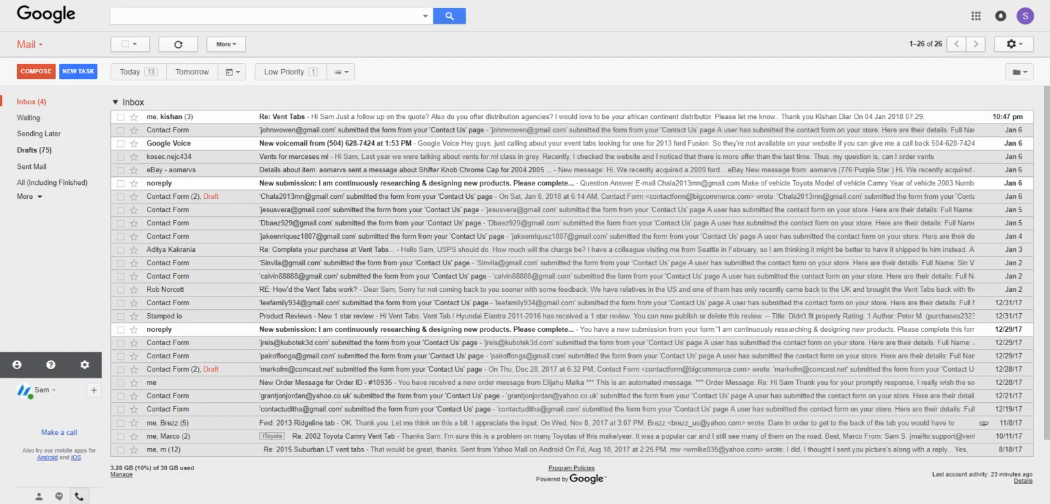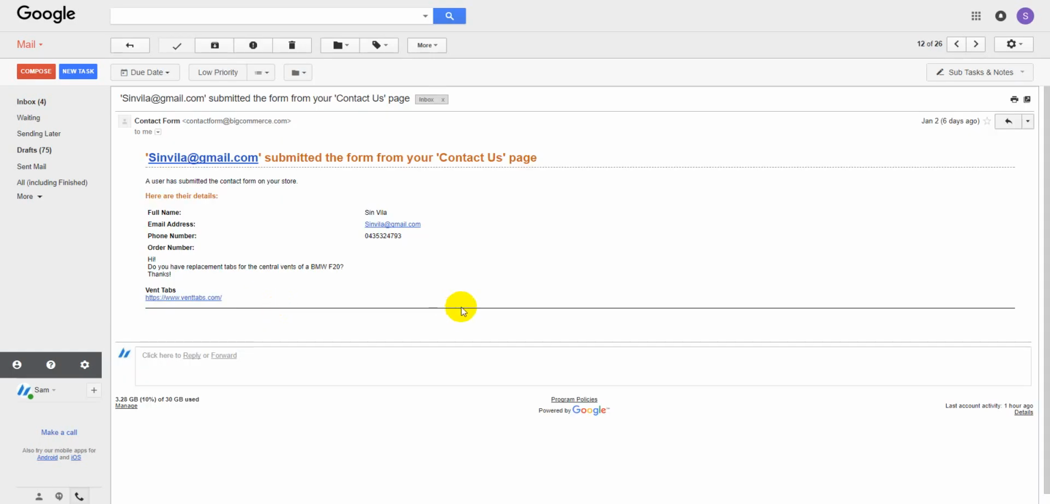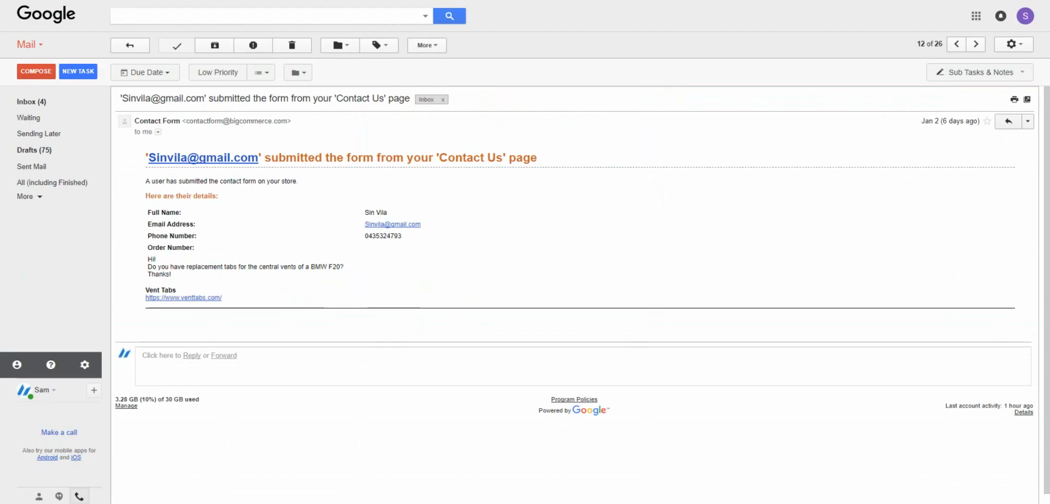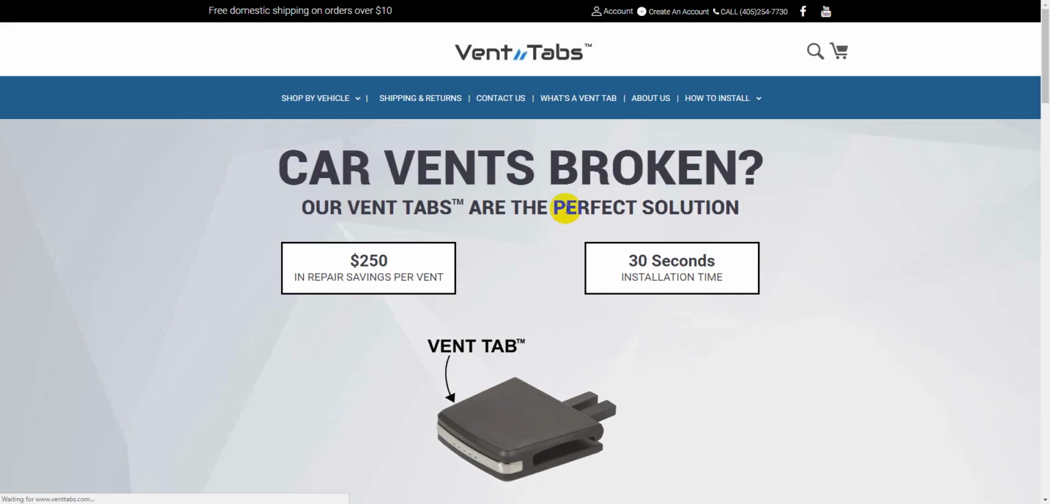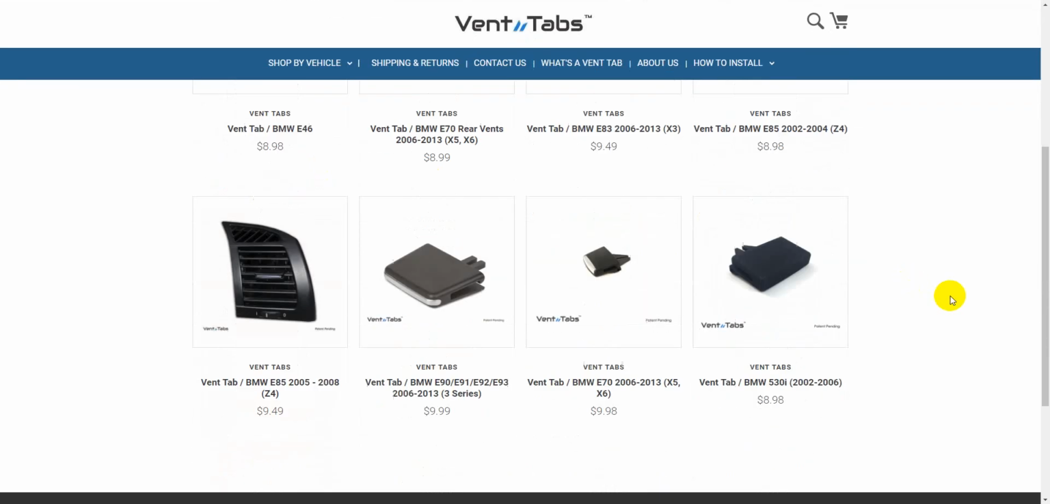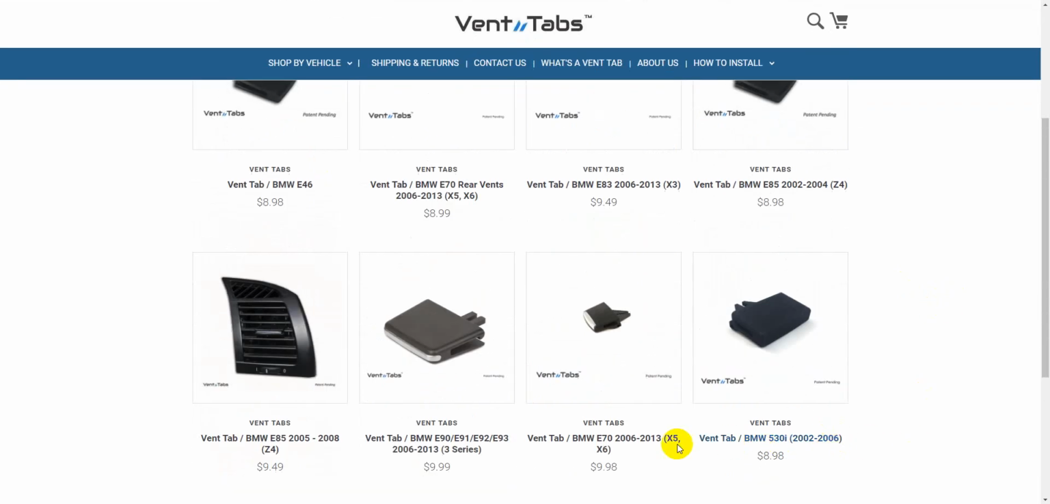So let's see here. Let's find an email. Okay, so here's one that says, "Hi, do you have a replacement for a BMW F20?" So the procedure says to go to the website and check to see if there is a tab for the BMW F20. So the easiest way to do that is this shop by vehicle. Go down to BMW, and you'll see a lot of tabs for the BMW, but if you look, you won't find any for